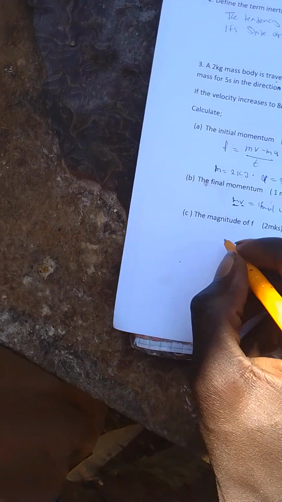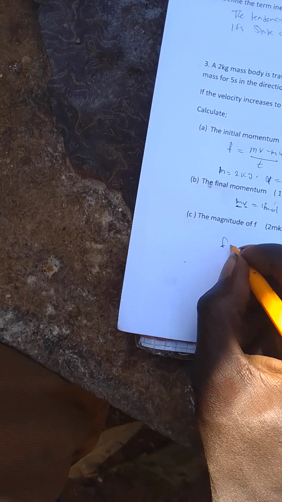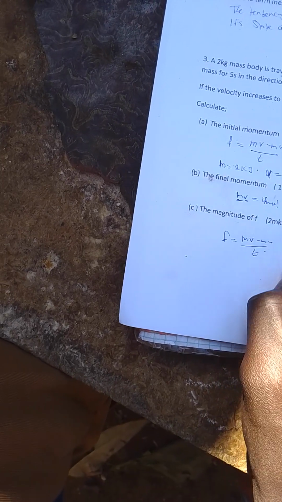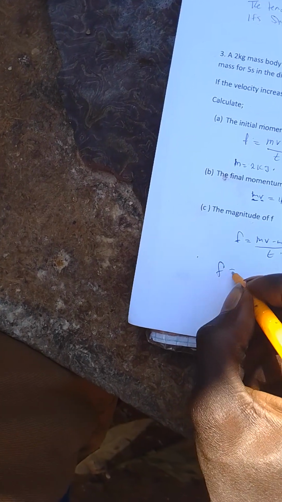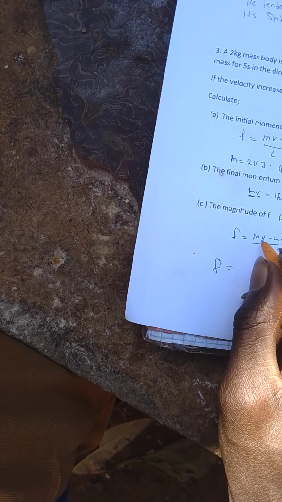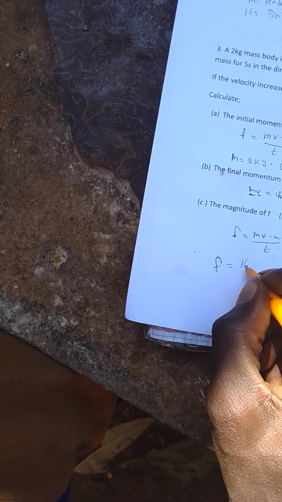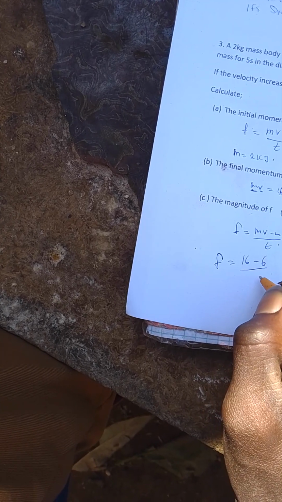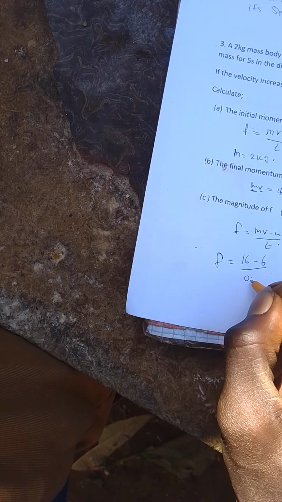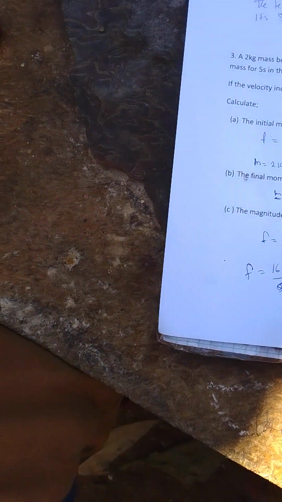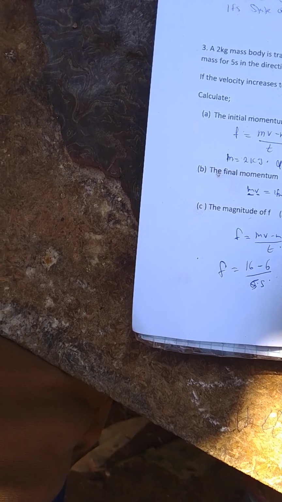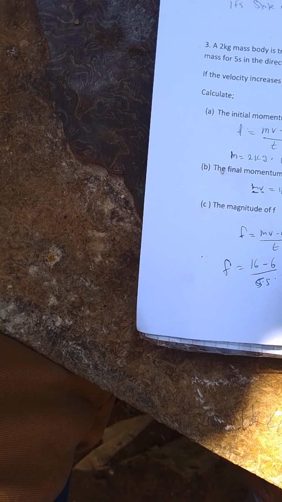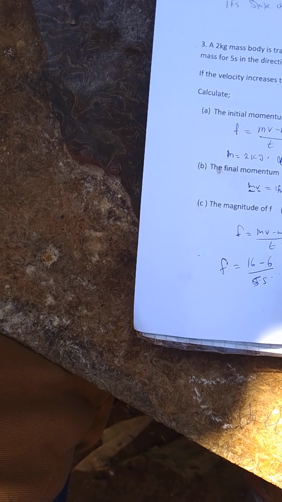that this is the second Newton law of motion, which is F is equal to mv minus mu over t. That is, F is equal to, we have mv, that is the final velocity, which is 16, minus initial velocity, which is 6, over t, time, that is time was 5 seconds. So you realize that this is 16 minus 6, you get 10 over 5. First, 10 divided by 5, you realize that is 2,